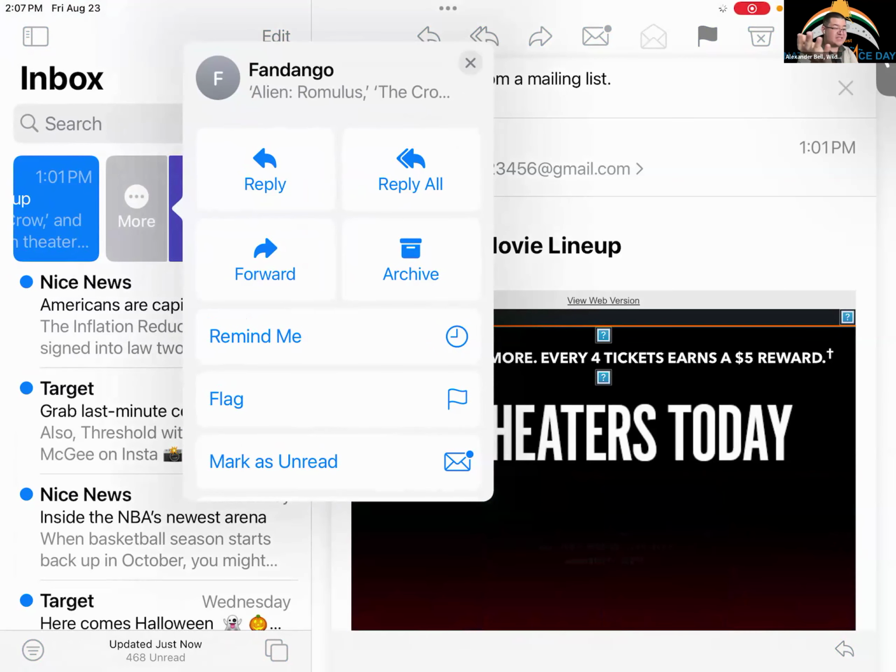And the very first arrow is reply. The second arrow is reply all. And the third arrow up here is forward. So again, three ways to reply all or forward a message: using the arrow at the bottom right,